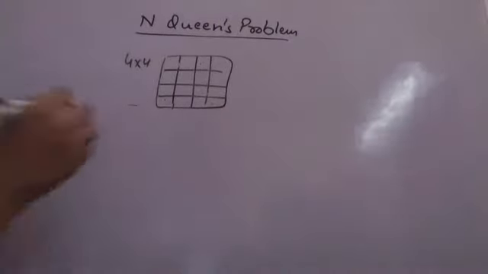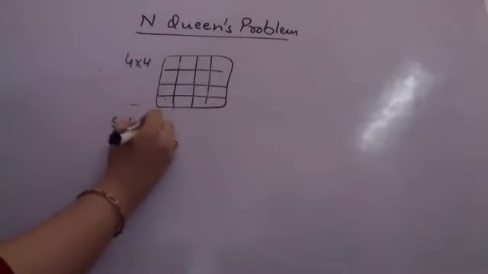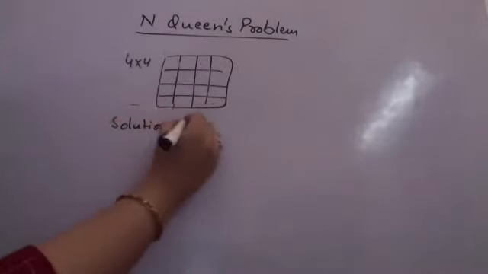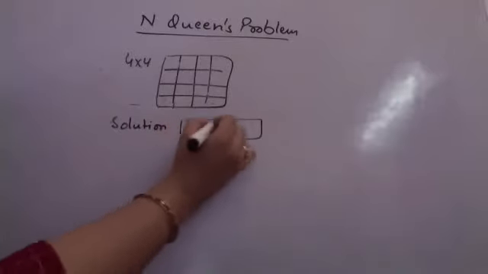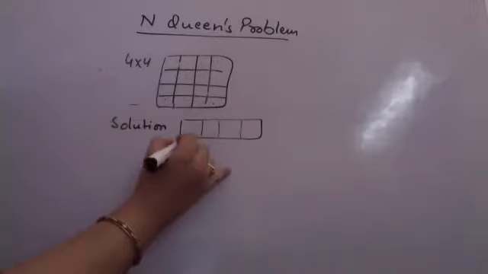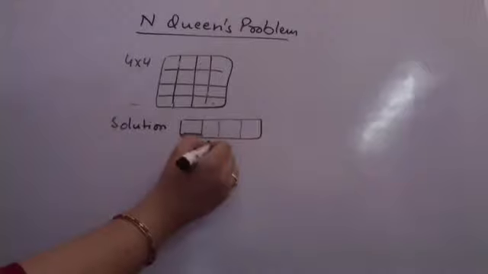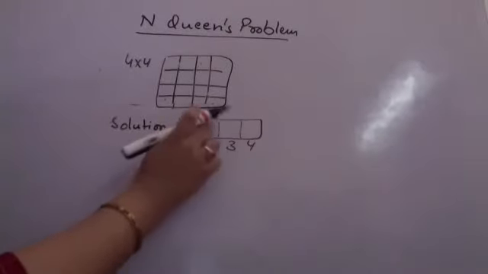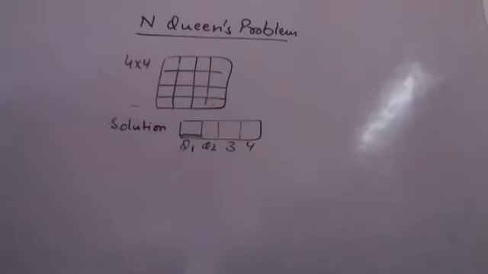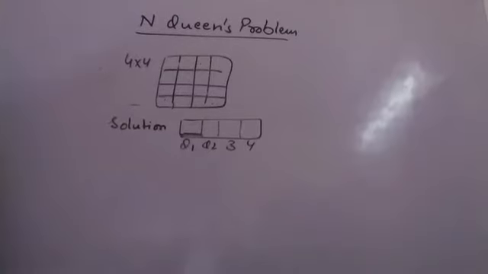So now the solution to this problem can be stored in a single array of size 4, where whichever column number queen 1 is going to be in, I am going to store here. Queen 2's column number here, and queen 3 and queen 4 column numbers will be stored in this. Whatever, there are more than one possible solutions, I'm trying to find all. So in backtracking, I try to generate the solution. If I find that my conditions are not being satisfied, I backtrack my solution.